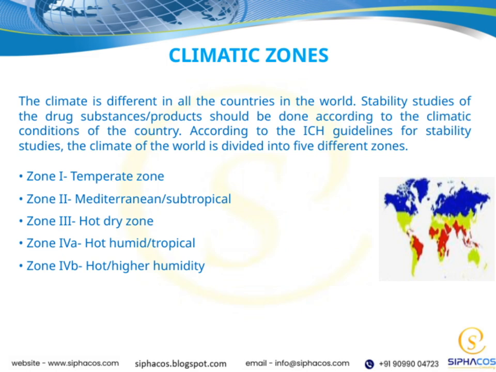The first zone is the temperate zone, which generally includes regions with moderate temperatures and humidity levels. Then we have the Mediterranean or subtropical zone, characterized by warm, dry summers and mild winters. The hot, dry zone is next, which experiences high temperatures with low humidity. Moving on, we have the hot, humid or tropical zone, where high temperatures are coupled with high humidity levels. Finally, the hot, higher humidity zone is similar, but typically involves even greater humidity, often found in certain tropical or